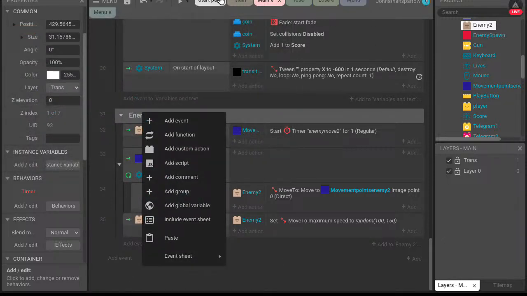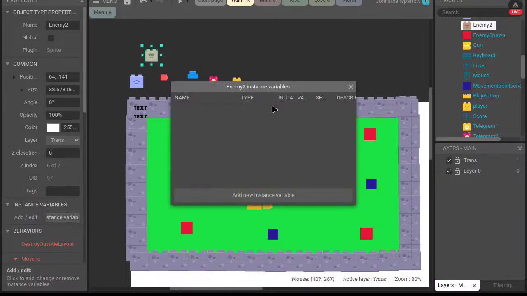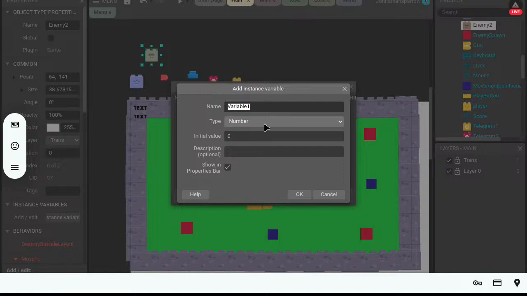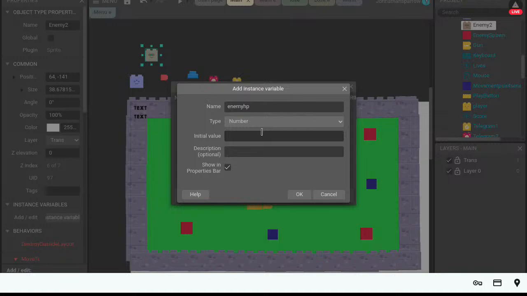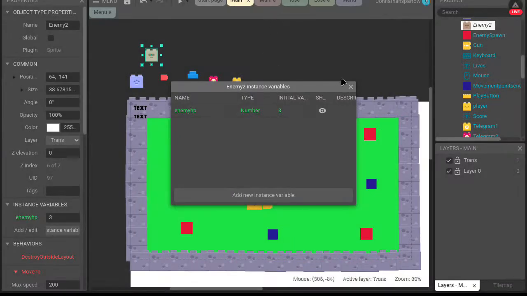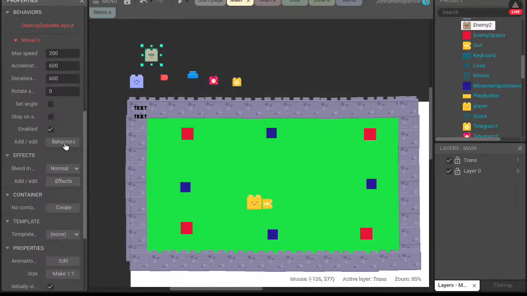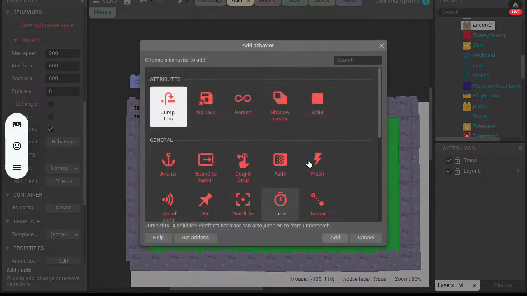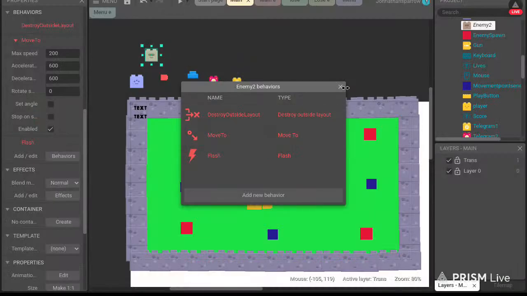Alright, so first thing I want to do is add HP. I'm gonna keep it a number. I'm gonna set it to 3 maybe? I don't know, is that too easy? And I'm also gonna add another behavior. I want to add the flash behavior.